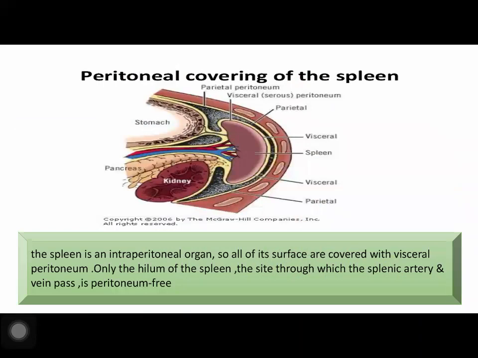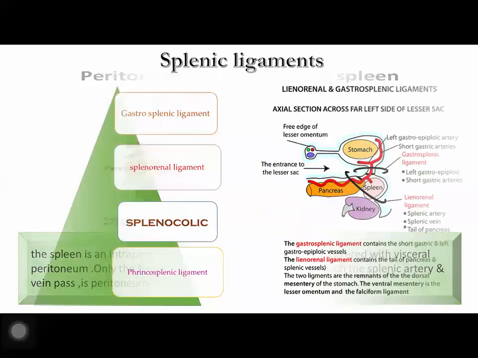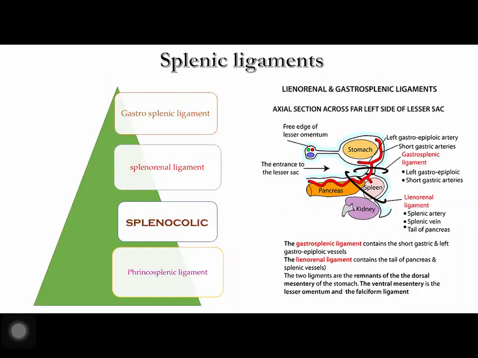Peritoneal covering of the spleen. The spleen is covered by peritoneum completely, except at the hilum, where it forms many ligaments and the splenic vein and artery attach. According to the splenic ligaments, the major ligaments are the gastrosplenic ligament, splenorenal ligament, also called lienorenal ligament, splenocolic ligament, and phrenicosplenic ligament. The gastrosplenic ligament attaches the spleen to the greater curvature of the stomach,